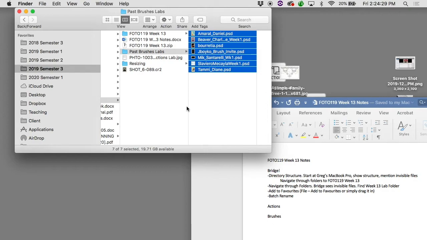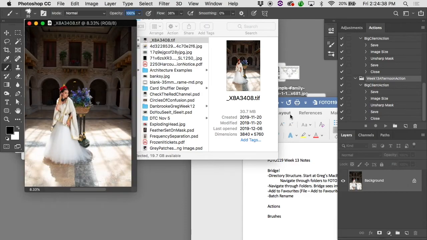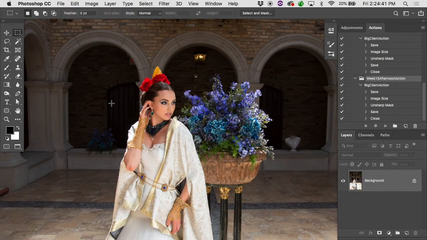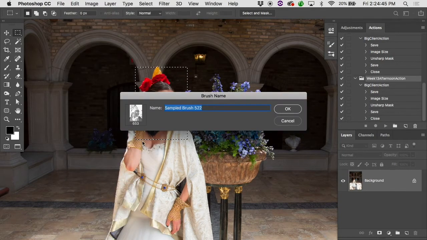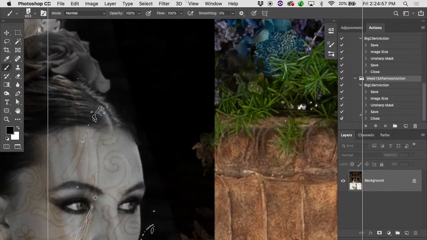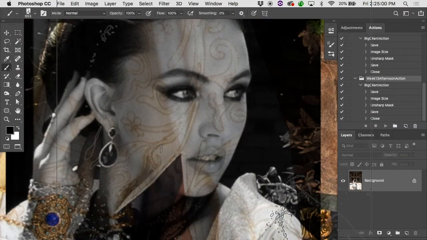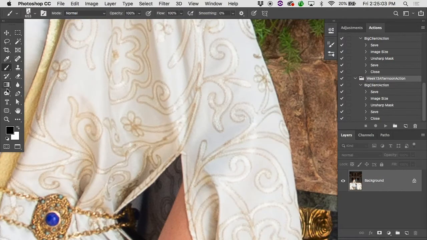But if it has grayscale information, like if you tried to make a brush out of a picture, let's say I called up this photo here, and I said, I'm going to make a brush out of her face. It'll work. I could select this, and I could define that as a brush preset, but you can get a sense right now of what that brush is going to come out like. If I then took some paint and I painted, there's that brush. Anything that was white or lighter color will be see-through. Anything that was black will be visible. But if I did this with, say, red,